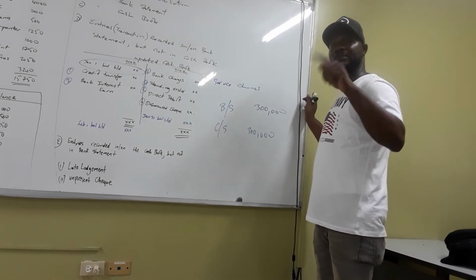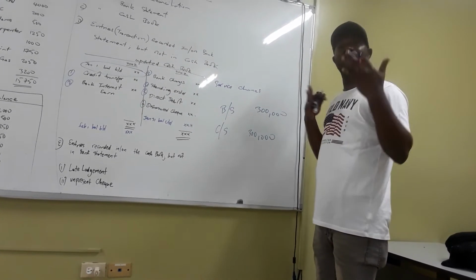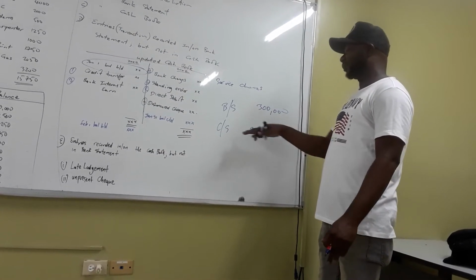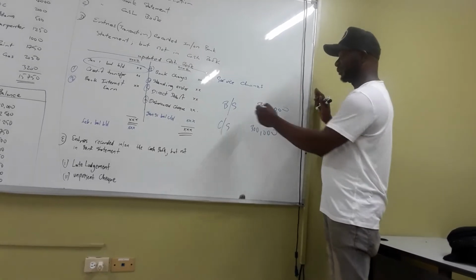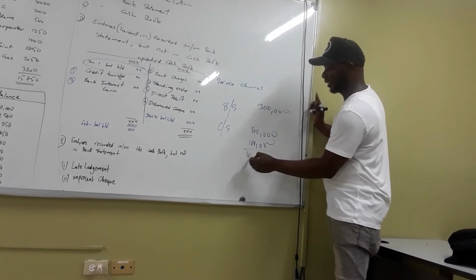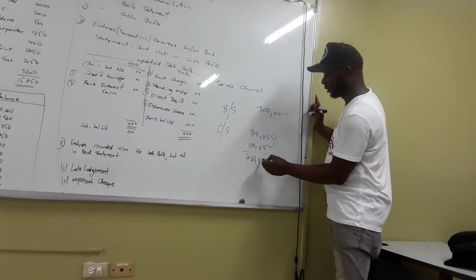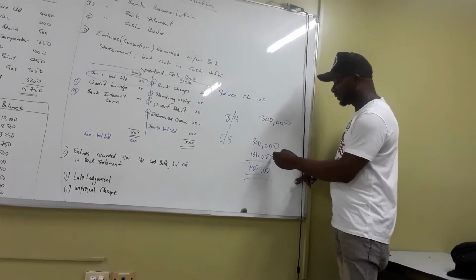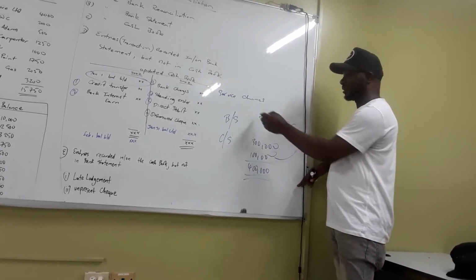Of course, what you're going to do is update your cash book. So that entry would have been added to your cash book, thus suggesting at the end of the day that you now have $400,000 in your cash book. But if you have not sent this $100,000 to the bank,